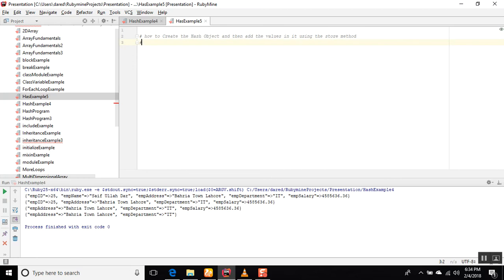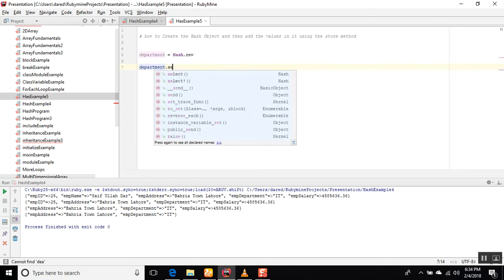First of all, we create a department hash structure equal to hash dot new. This will create a department hash structure for us, and we will assign the values,